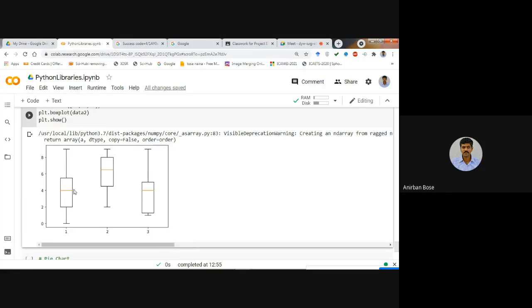This is the lower quartile. Lower quartile means 25% are less than that, 75% are more than that. And here it is 75%. That means 75% are less than that, and 25% are more than that. Okay, so these are called the lower quartile and upper quartile, and this is the median. So from this graph you can directly understand the minimum, maximum, median, lower quartile and upper quartile.